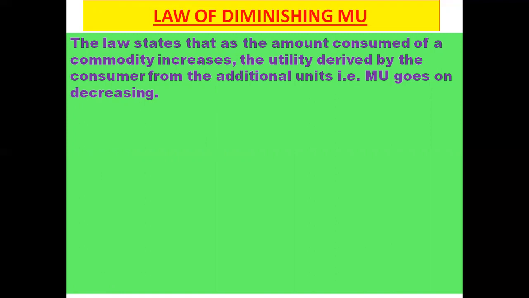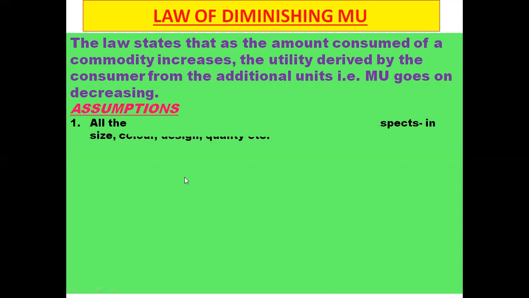Suppose we are hungry and we eat mangoes. We get a more utility or high utility or large utility from the first mango because intensity of our hunger is very high. But when we eat the second mango, we derive a lower satisfaction because intensity of our hunger is reduced. As we go on eating mangoes, the intensity of our hunger goes on decreasing, and therefore the utility we derive from successive units goes on decreasing. That is law of diminishing marginal utility.